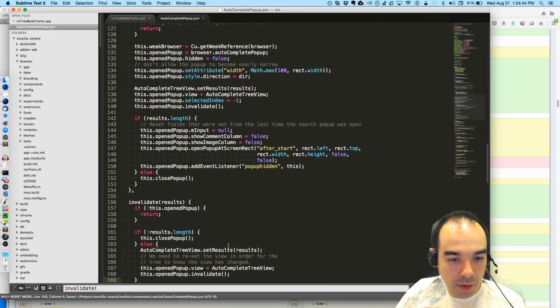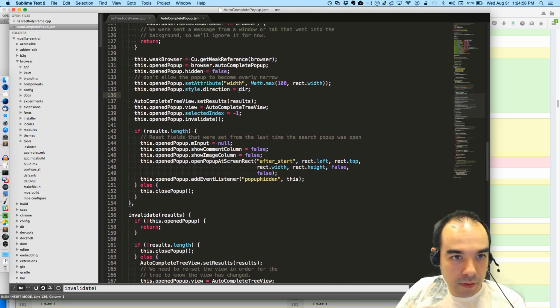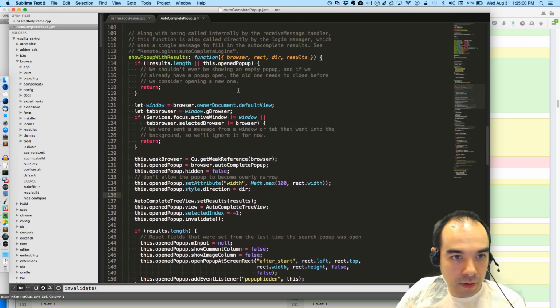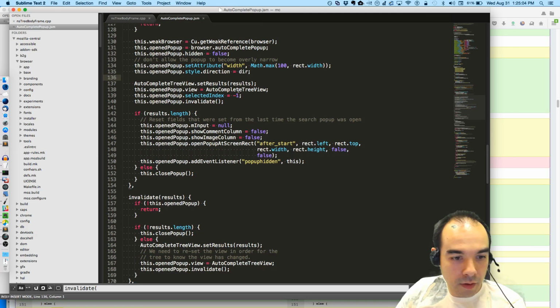Open pop-up view, open validate, and then I actually wonder if we can call this dot invalidate, set results. I think we can.